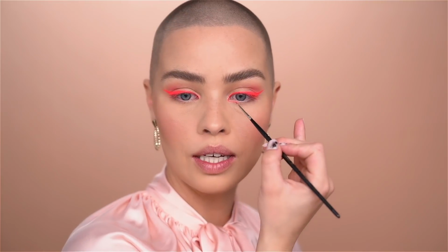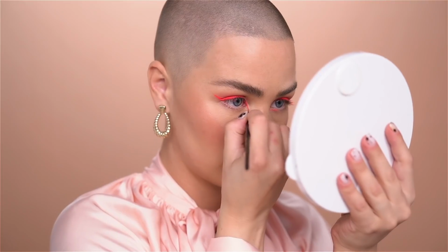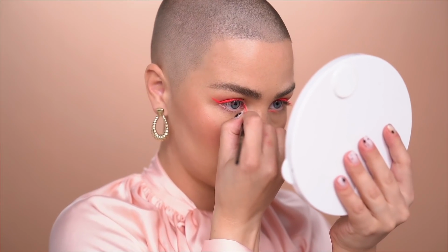I've also created a little graphic inner corner with this teeny tiny brush from an art supply store. And all you do is just extend your inner corner. Okay, now since the liner on my hand is fully dried up, let's...